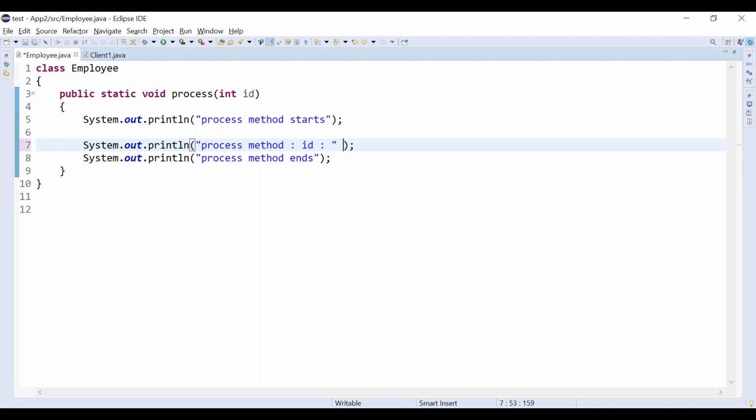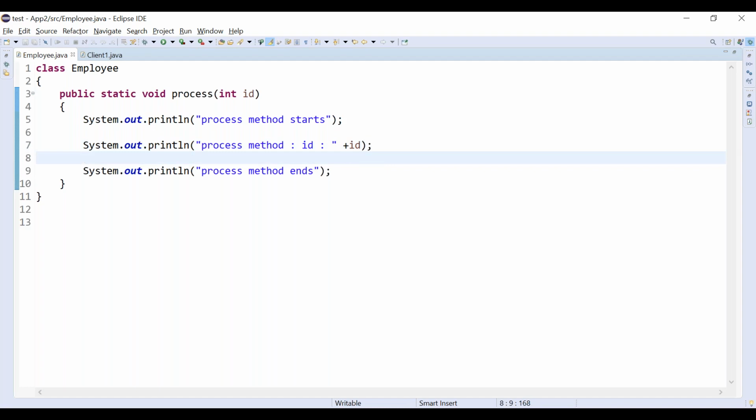Inside the process method, we are printing the id. This is just like a hello world program. Let's put a breakpoint here.